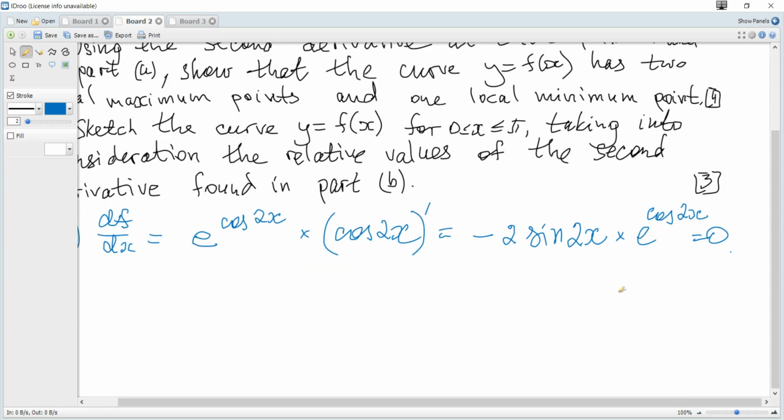E to some power never equals 0. Its graph looks like this. E is greater than 1, so it looks like this. In general, for the exponential function a to the power x, if a is greater than 1, it looks like this. When a is greater than 0 but less than 1, it looks like this, but it is always greater than 0. It asymptotically approaches the x-axis, which means it tends to y is 0, or the horizontal asymptote is y is 0,